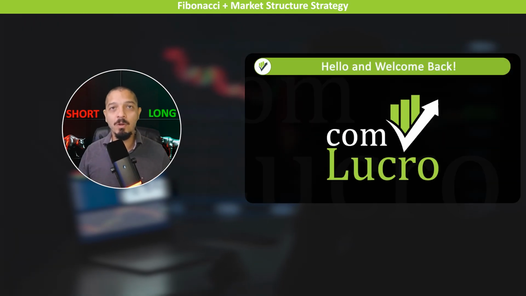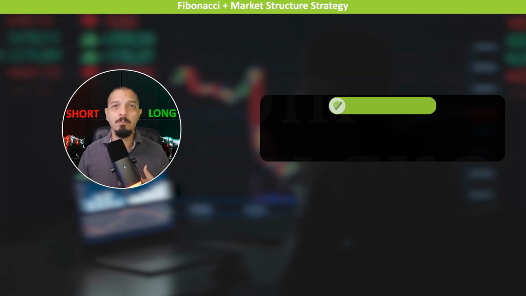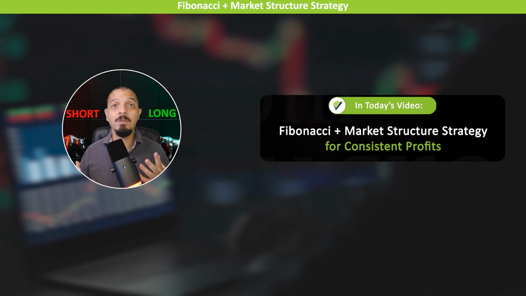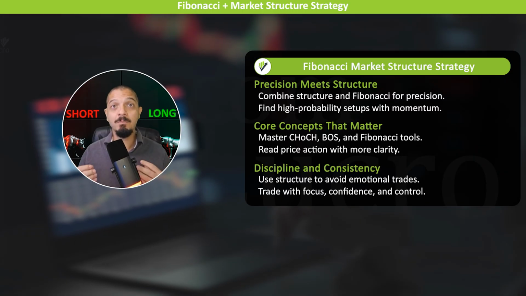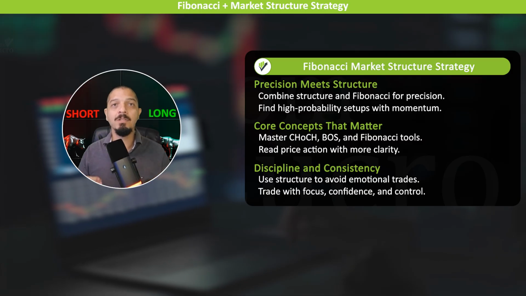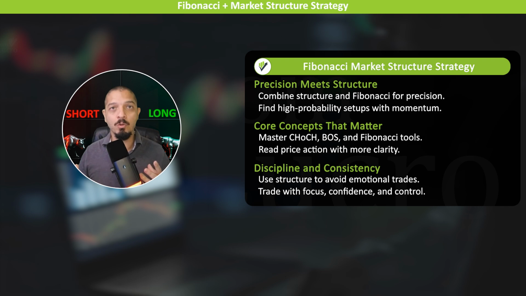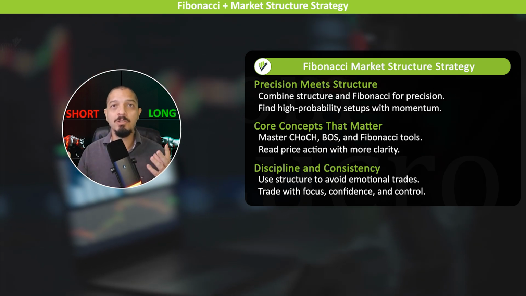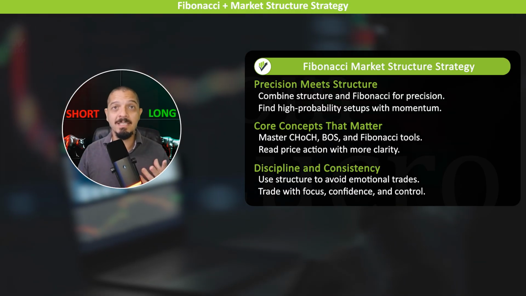Today, we're diving into one of the most effective ways to combine structure and precision in your trading, using market structure analysis together with Fibonacci tools. This strategy helps you spot high probability setups, trade in sync with momentum, and simplify your entire decision-making process. By focusing on core concepts like change of character, break of structure, and Fibonacci retracement and extension, you'll learn how to read price action with clarity and confidence. Whether you're refining your strategy or just getting started, this lesson will help you trade with discipline, consistency, and a